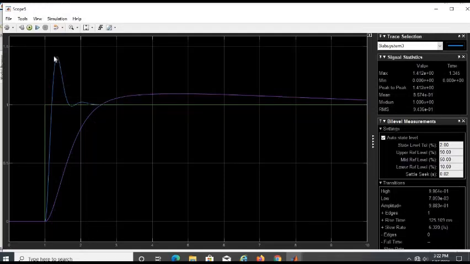But the problem is maximum overshoot is so high. This is the mechanism of how to design a PID controller using MATLAB. I hope you can explore more. By exploring more, you can understand more. Okay, see you next class, I think.